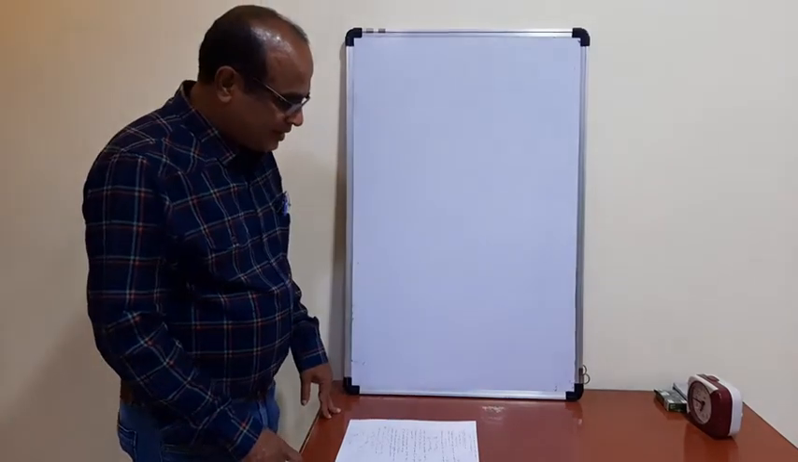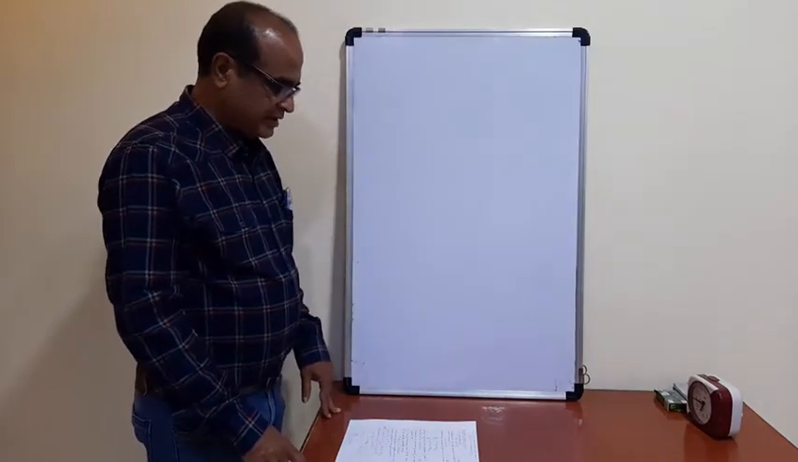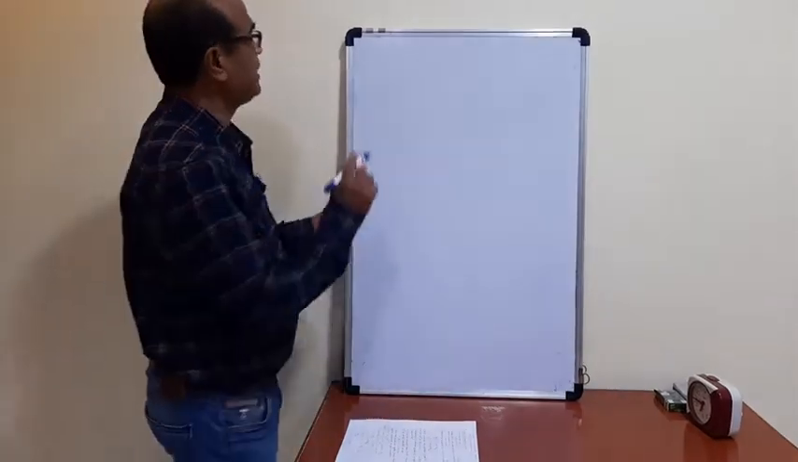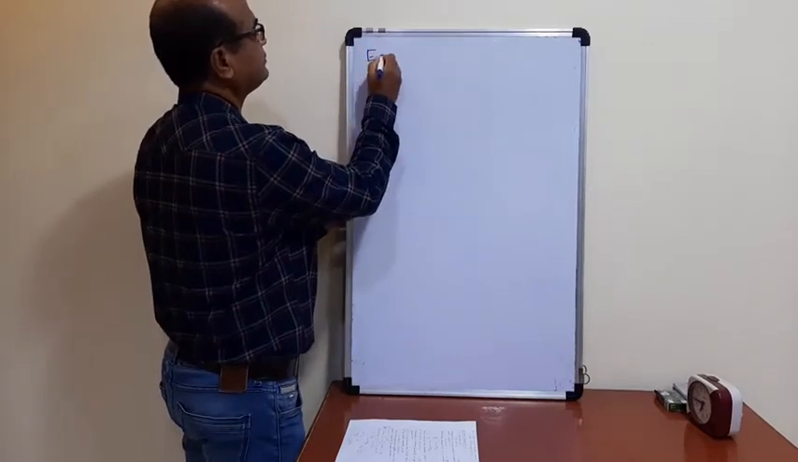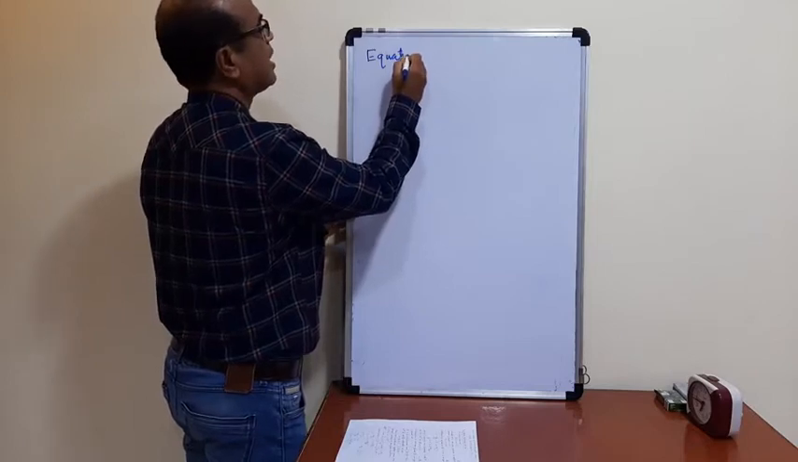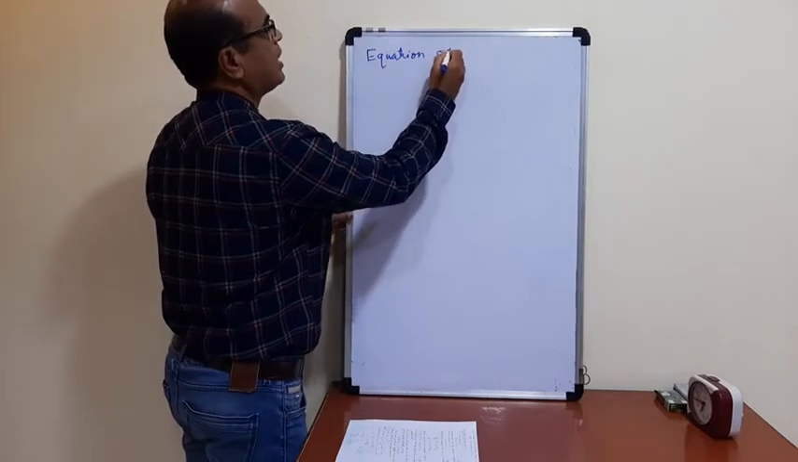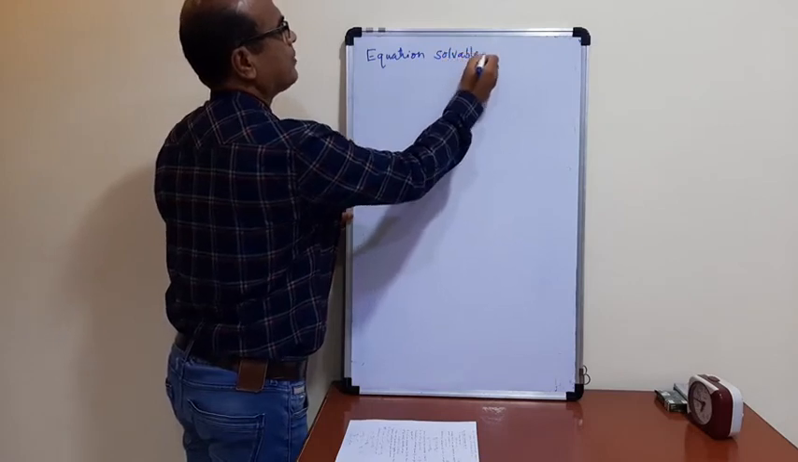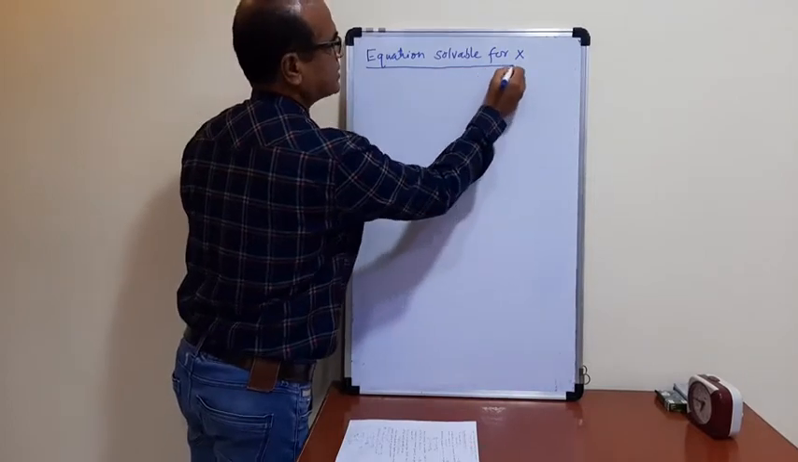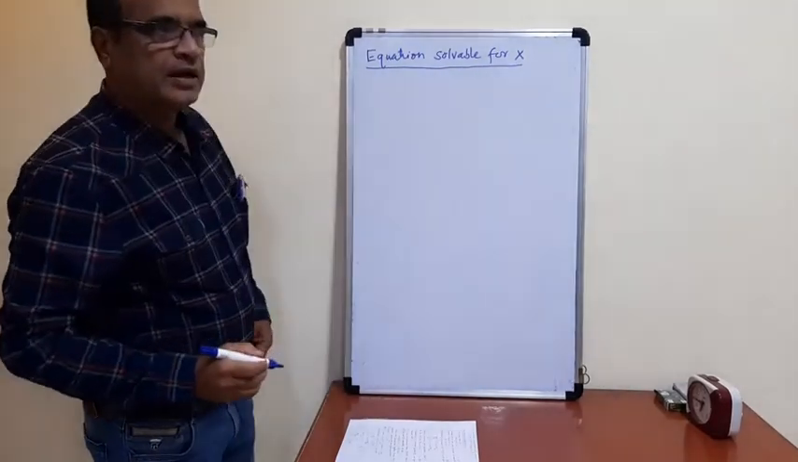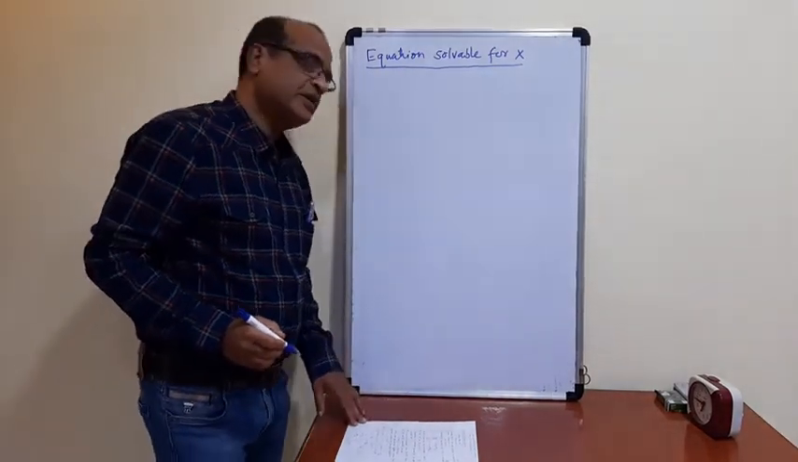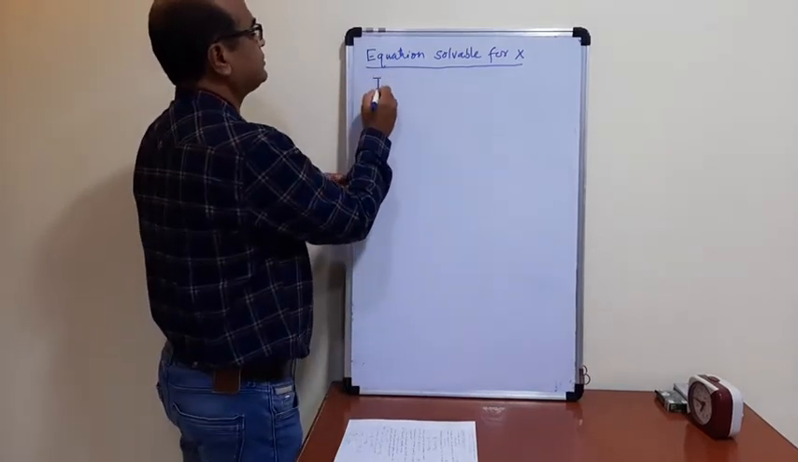p. So now we have to study here what is the method solvable for x. Okay, equation solvable for x. So what is the method solvable for x? So we know the differential equation, so that is a first order and not a first degree differential equation. So to solve the equation,